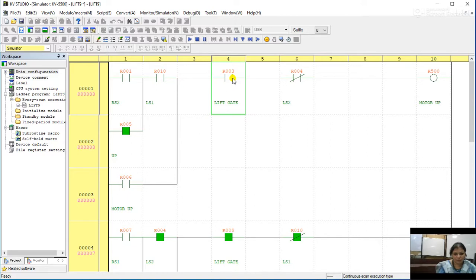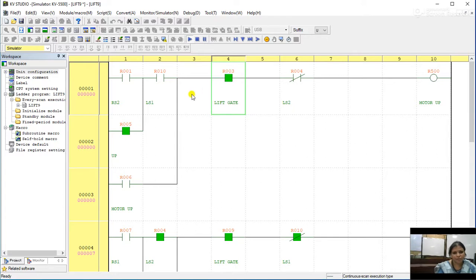Because it is dangerous to operate the lift in an open gate condition. So in order to make sure that our lift sets into operation, we have to first close the lift gate. So closing will ensure, here I am pressing this lift gate relay, in the sense our lift gate is closed.